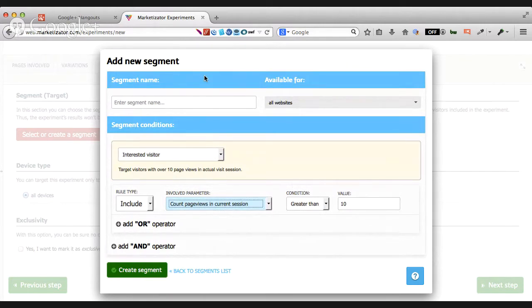But you can build your own segments. Our segmentation engine has more than 30 data points that you can use or mix so that you can specifically address some visitors. So you can use the referral type, which can be direct, paid, or organic, so that you can have a version for the ones which are coming from paid AdWords, for example, and a version for all